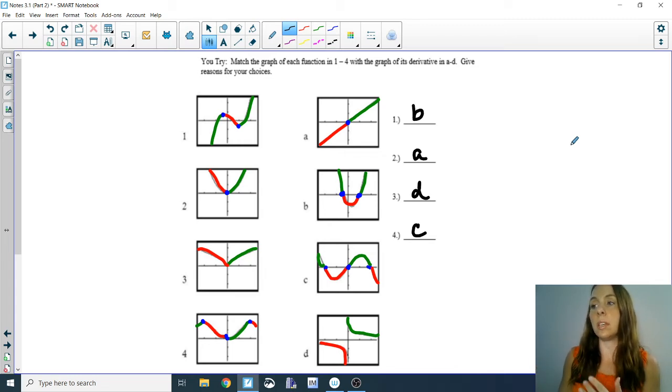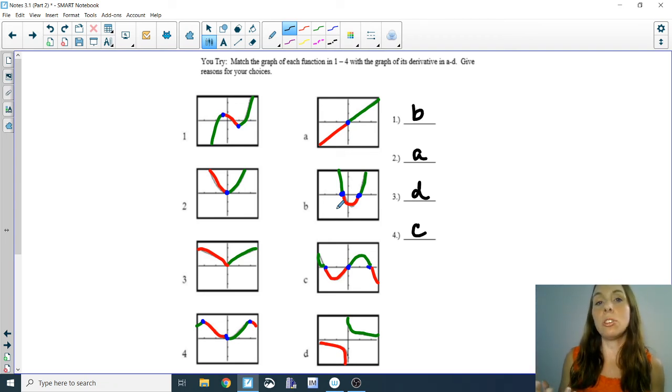So for example, take a look at number 1. The function in number 1 is increasing, decreasing, increasing, 2 turning points, 2 horizontal tangent points. That matches up with B. Because of this, look at my color coding. The derivative graph is positive, then negative, then positive, and 2 zero points, 2 places where the derivative equals 0. So, make sure that that makes sense, because eventually you will have to describe it. You'll have to explain why,